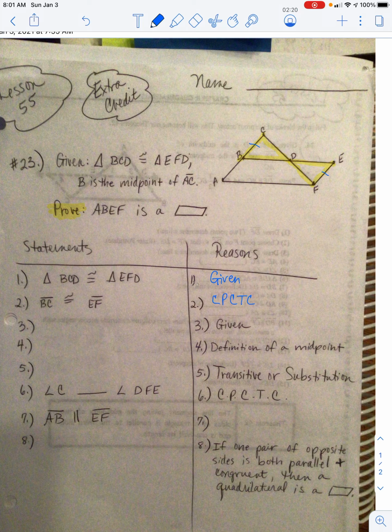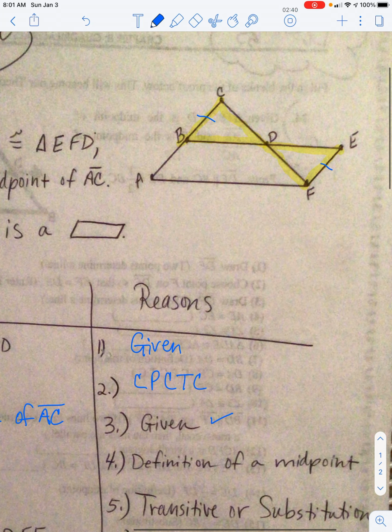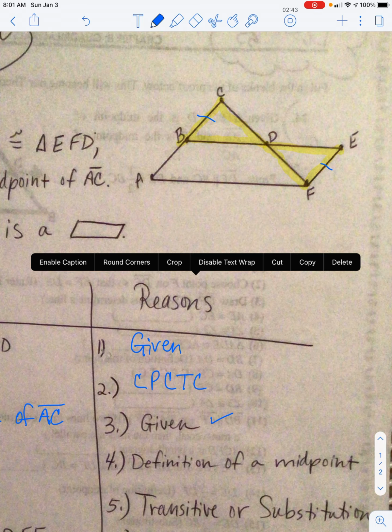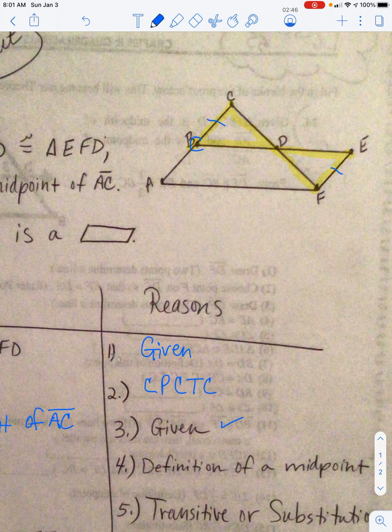Number 3, we have another piece of given information by the looks of the reason for number 3. So we are going to write here that B is the midpoint of line segment AC in our triangle. Okay, so let's go look at that up here. If B is the midpoint here, right there, I'm going to circle that. If B is the midpoint of AC, right here to here, then that means